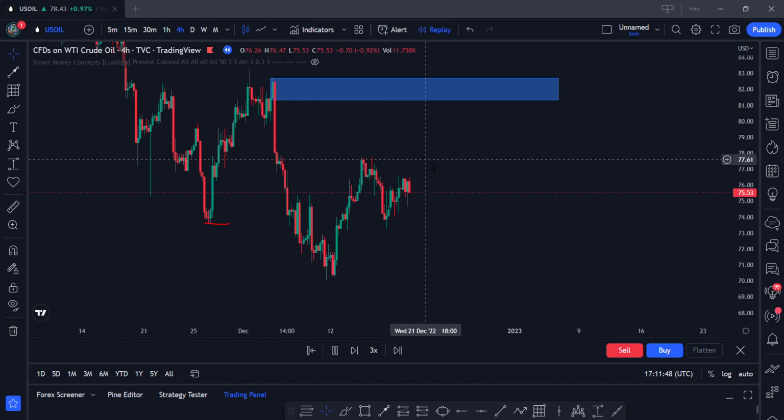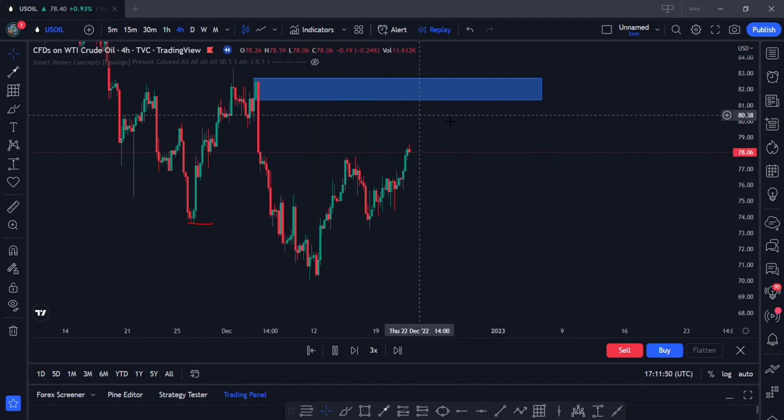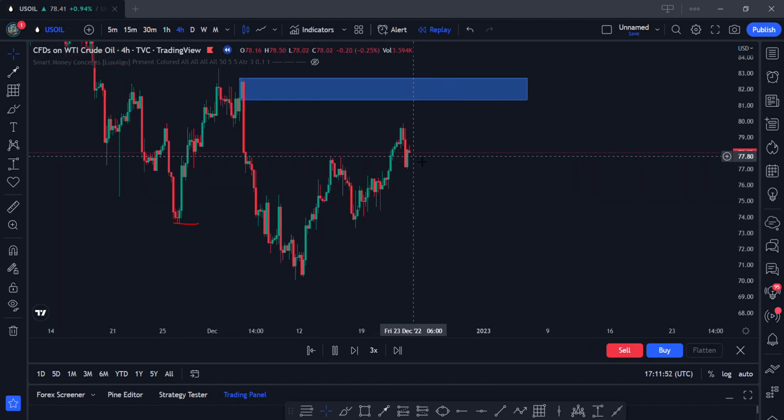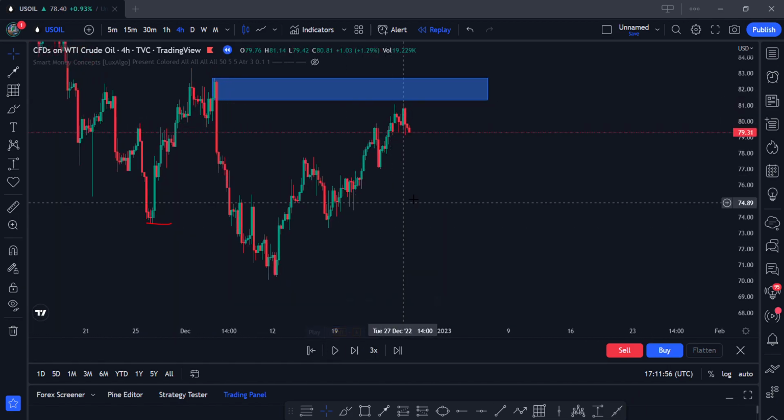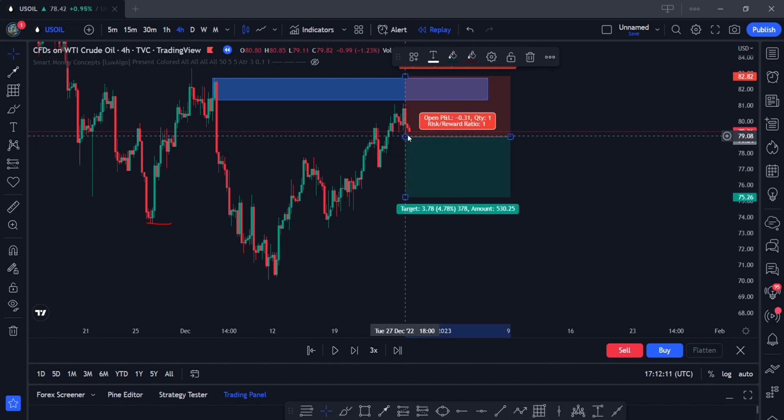As we can see, price is trading upwards towards our area. Now a lot of people will think, oh, the market didn't touch my area, my order block, so I'm going to FOMO, fear of missing out. A lot of people put their selling here, and they'll put their